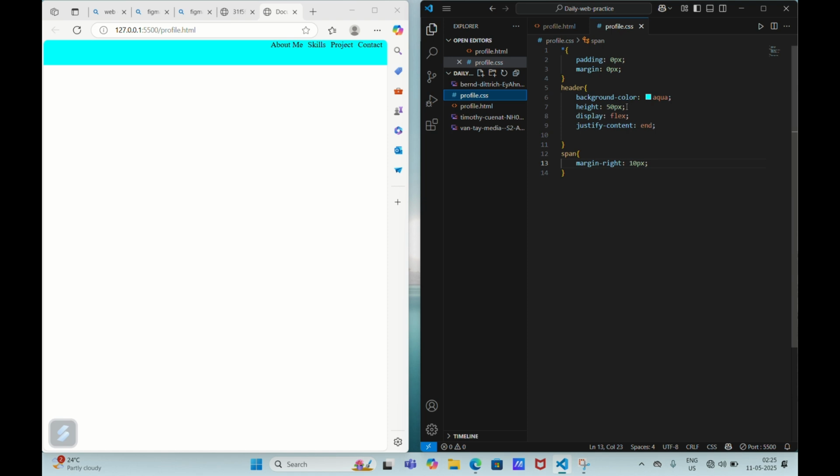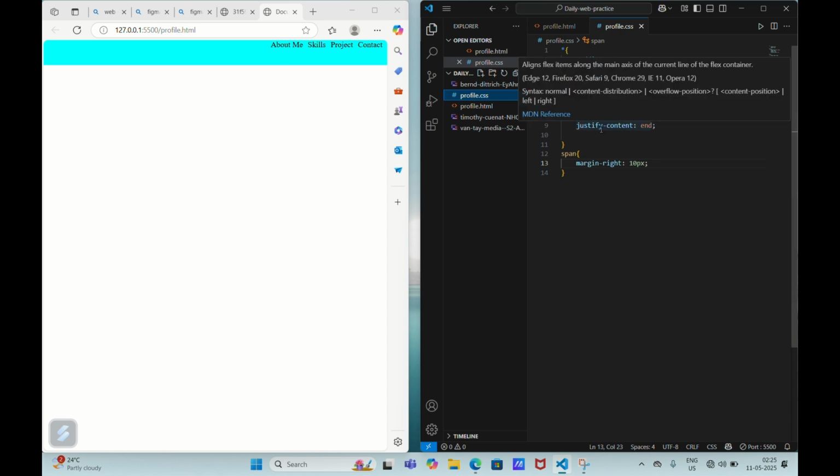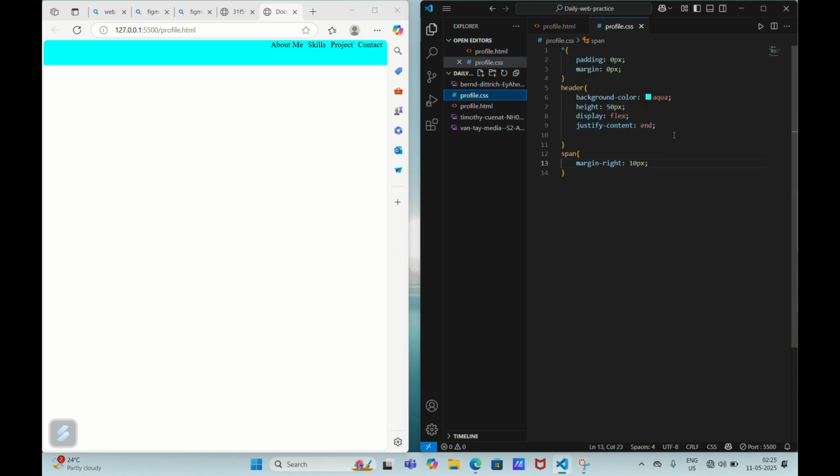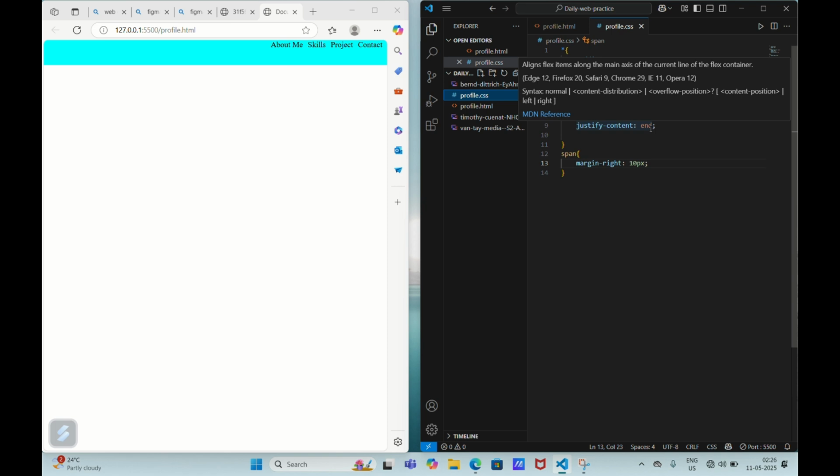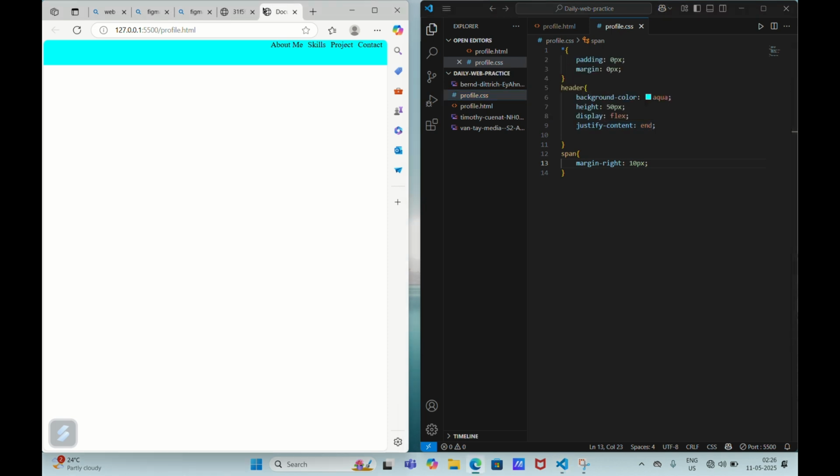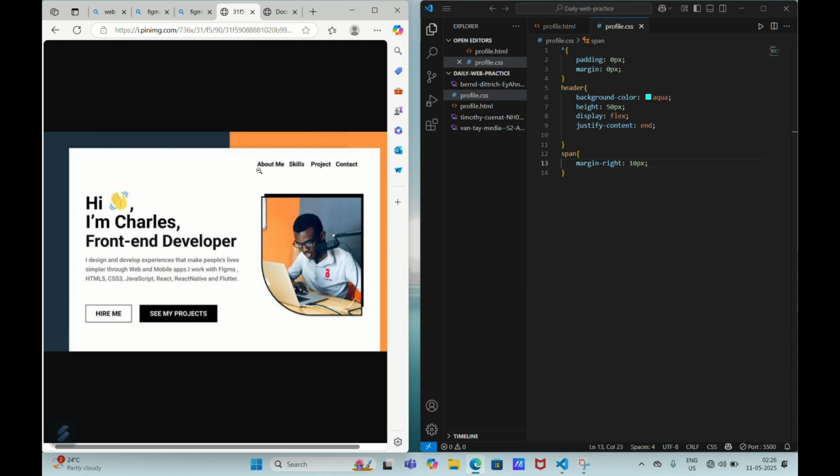Then I have converted this header into a flex box so that I can use the flex properties. So I did use one property, which is justify content, and justify content I have given it end to the end of this flex box so that it can be similar to our project here. Okay,